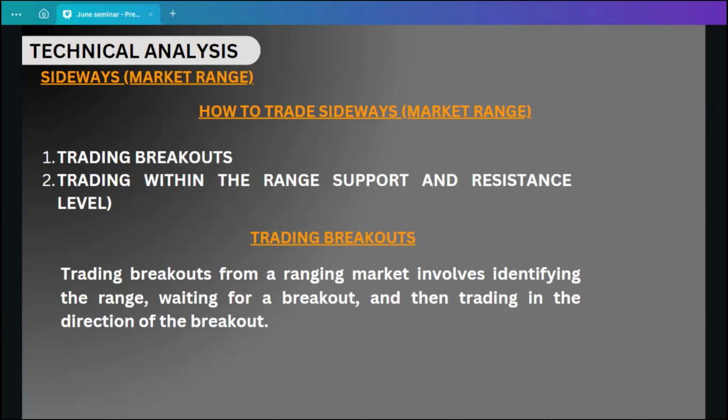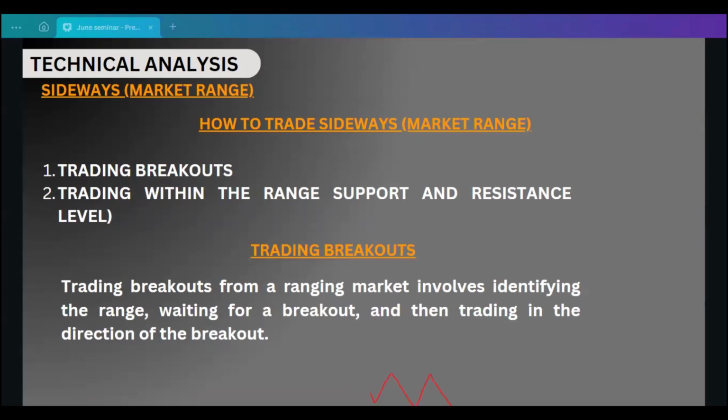When they say breakout, it's like a burst out of the trend. If price is moving like this, down, up, down, up, down, up, down, so there's a burst in the market, and price now switches. So this is the resistance level, and this is my support level. So price was neutral before, and there was a breakout. That breakout now forms a retracement, and it starts trending upward. So that is